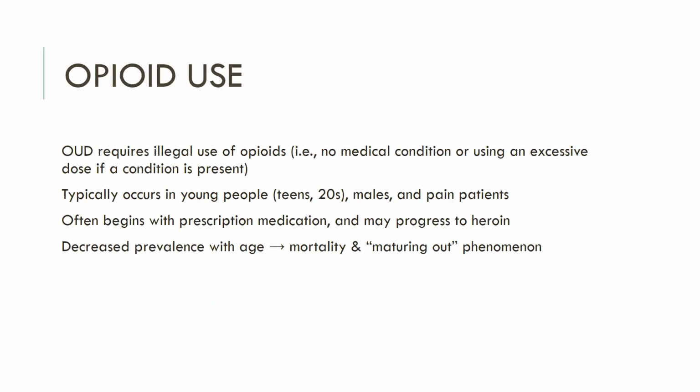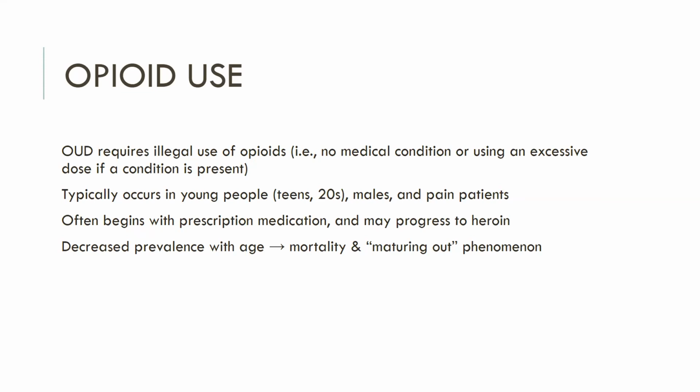Opioid use disorder requires, so the diagnosis requires illegal use of opioids, so no medical condition or using an excessive dose if a condition is present. It typically occurs in younger people, those in their teens and 20s, males, and it's really common in pain patients. That's kind of the gateway that most people enter into opioid use through. It often begins with a prescription medication for pain. The prescription expires, as in the example I provided you earlier,